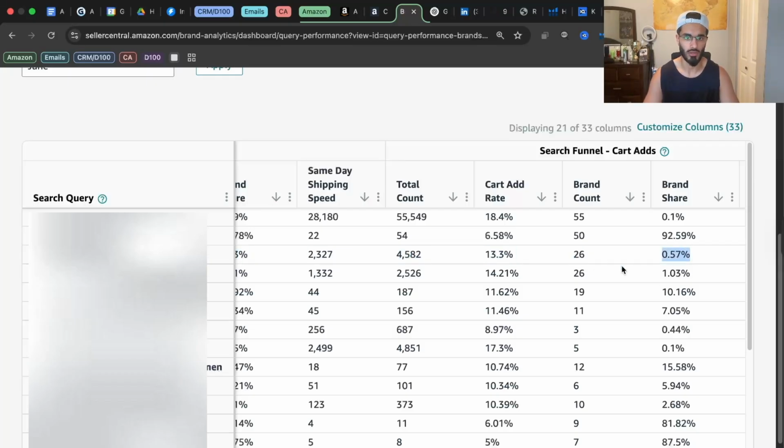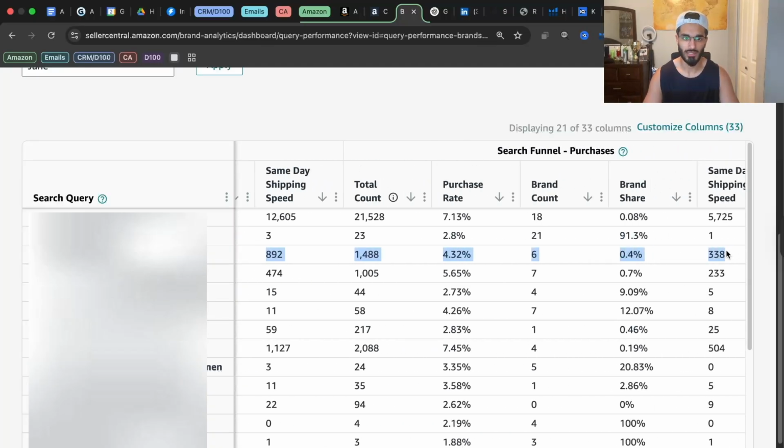That's normal regardless. There's always going to be a drop off there. But now there shouldn't be a big drop off between cart ads and purchases. So let's have a look here at what that's looking like. So it's like 0.57 to 0.4. So a little bit, but it's still